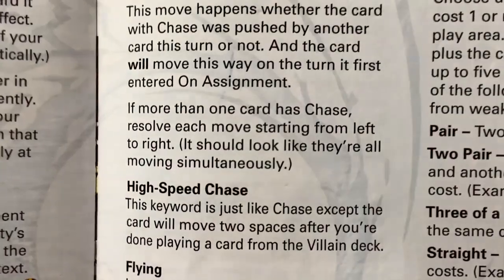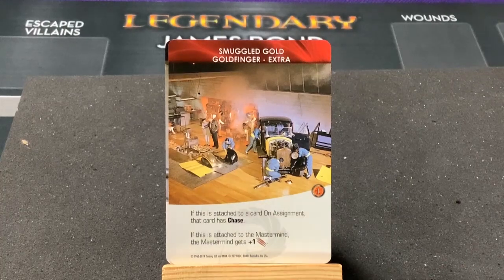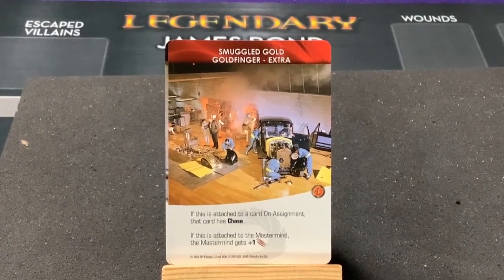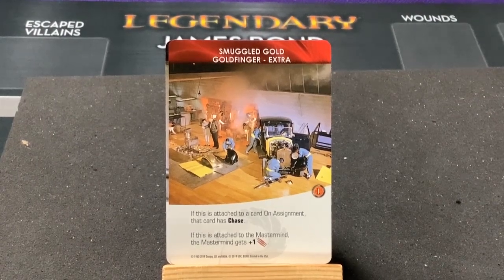Then we might get high-speed Chase, which moves them 2 spaces. So basically, if this gets attached to an on-assignment thing, it's going to move them an extra space forward. It's a fun but frustrating keyword, because all of a sudden you might be like, oh, we're doing pretty well. We have open spaces, or we got rid of everything, we're fine, we can survive 1 turn, and all of a sudden a Chase comes and pushes a guy out of the way and pushes him off the board,